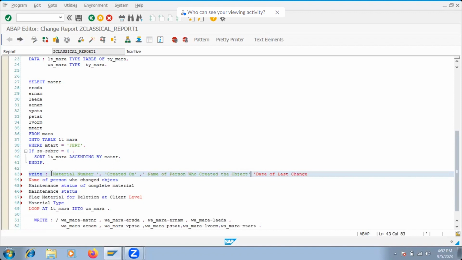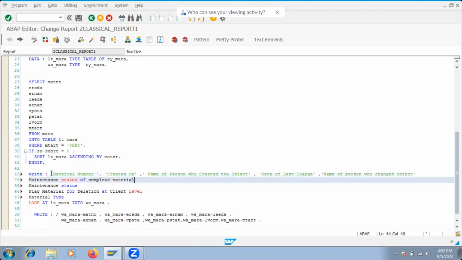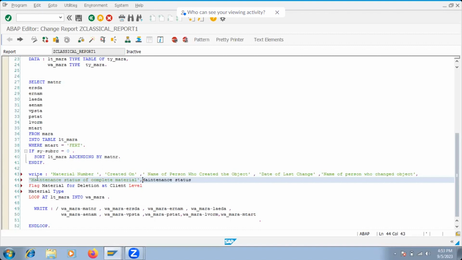So I forgot the comma here, comma, name of the person who changed the object. Okay, and let's go to the next line because it's getting very much ahead. So okay, so we'll just give single quotes and then comma and give the second line. And